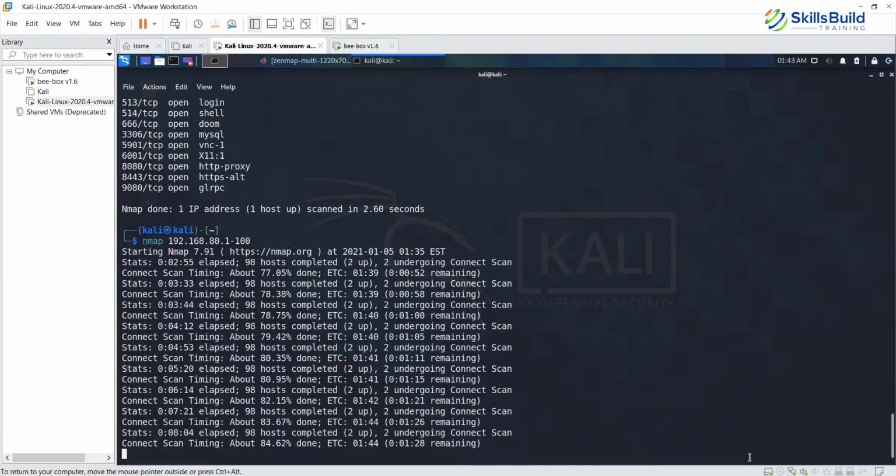We are almost there. Okay, another 15% to go. Let's see how much more time it takes. Meanwhile, what I can tell you is that in the next command, we'll scan for a specific port, then a range of ports, and then, if you are aware, there are a total of 65,535 ports, and we'll scan all of these ports on this particular system and see what the output is.